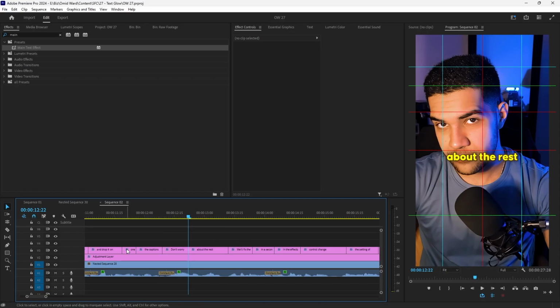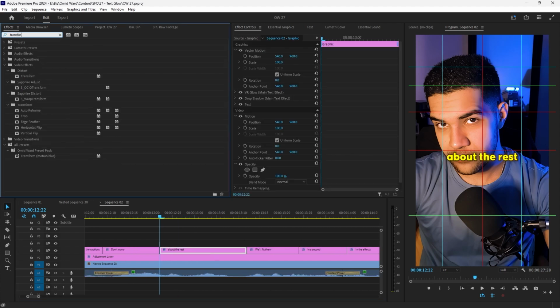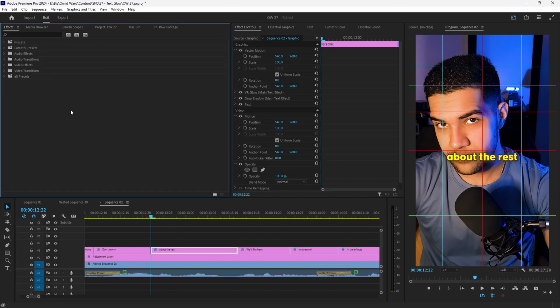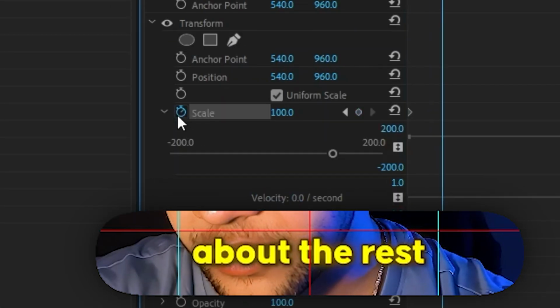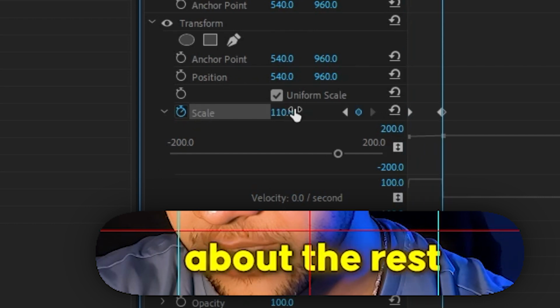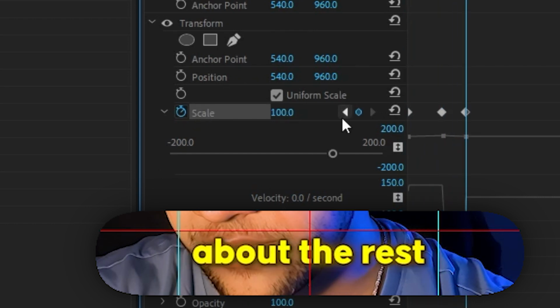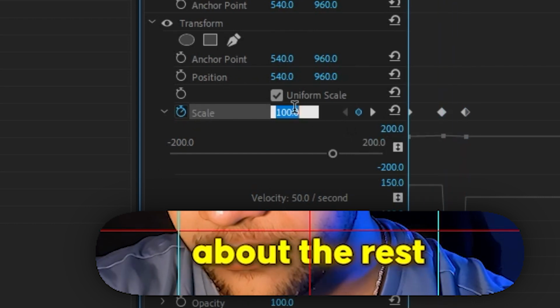Now we get to the fun stuff. We're gonna create some animations for our texts. The first one is the most famous, most basic, basically the YouTube default effect. In the effects panel, search up transform, drop it on your text layer, and in the effects control, create a keyframe for the scale. Go forward 3 frames, put the scale at 110, go forward 2 frames, and then put it back at 100. And then using this arrow, go back to the first one and change this one down